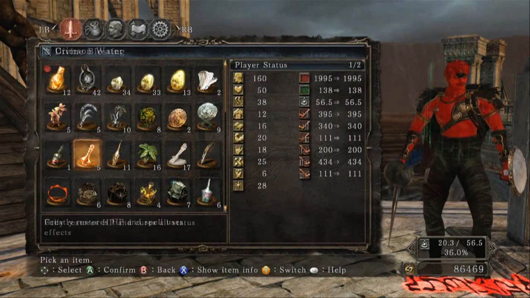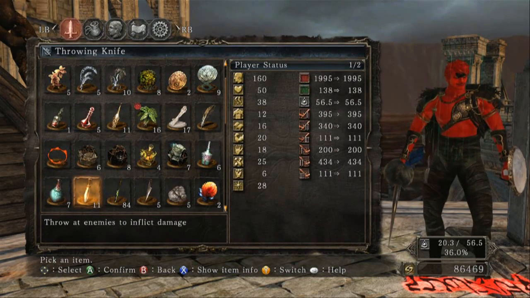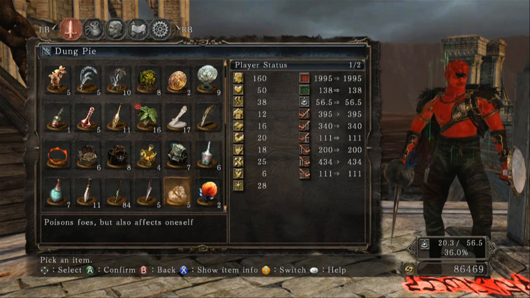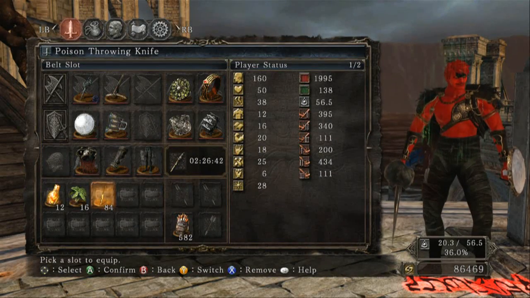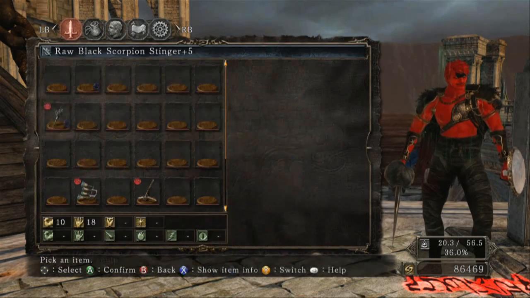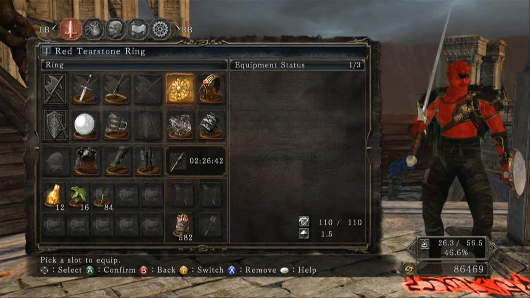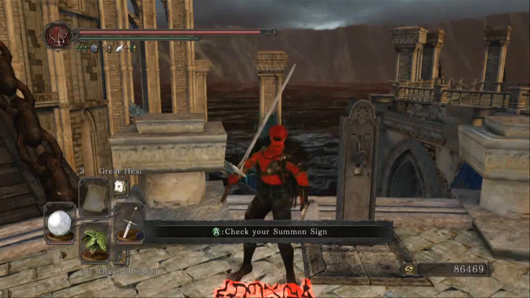I like to see what style I should be doing, what other things I can have equipped. I was going to be a dick. I was looking at that corrosive urn and I was like, he's wearing some low durability armor. I could probably break his armor with one or two. And then I was like, nah, that's really mean. I shouldn't do that. Anyway, we're using the Claymore now, which means I'm switching from my red tier stone ring